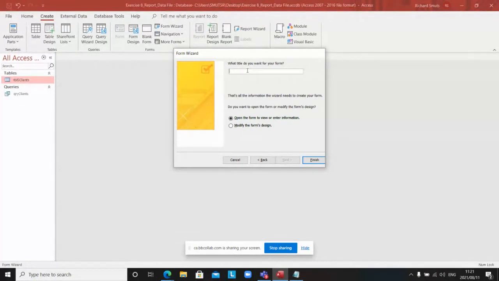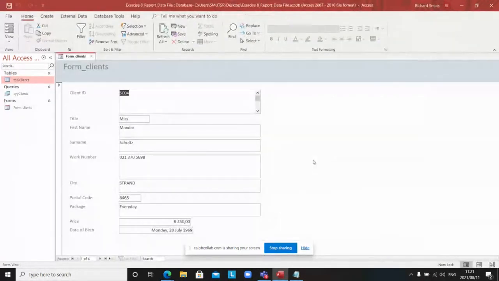And let's call this form_clients, a friendly name. Okay. I'm not going to go into design view because I'm using the wizard, and I can simply click finish. I'm going to close the form, save it,